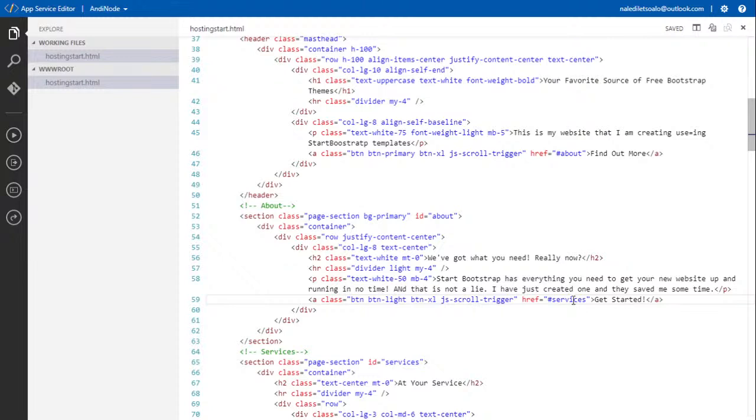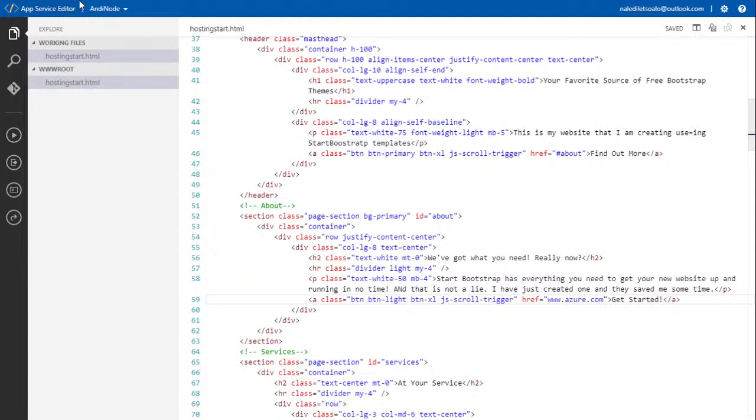And href really just means taking me to. So let's maybe change this just so you actually get to see what href does, to www.azure.com. Ooh, azure.com, right?